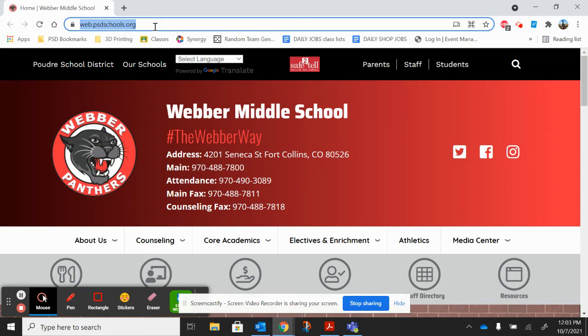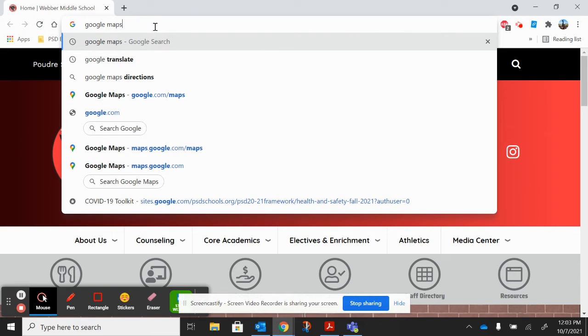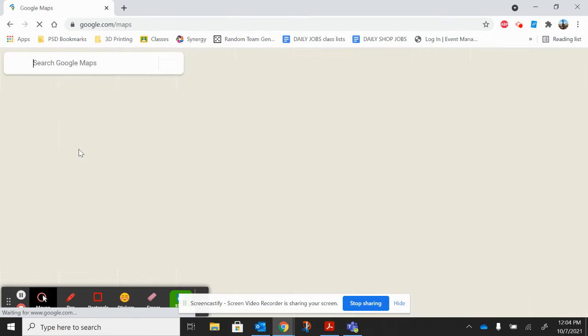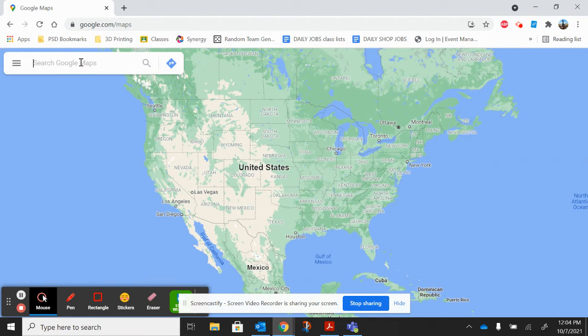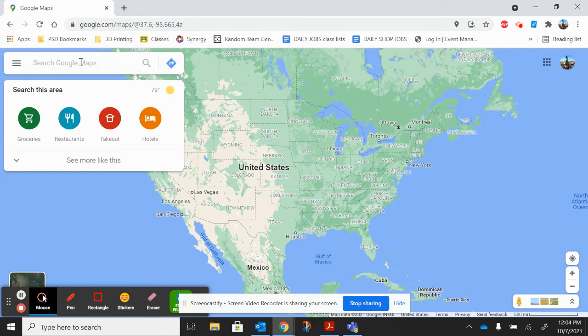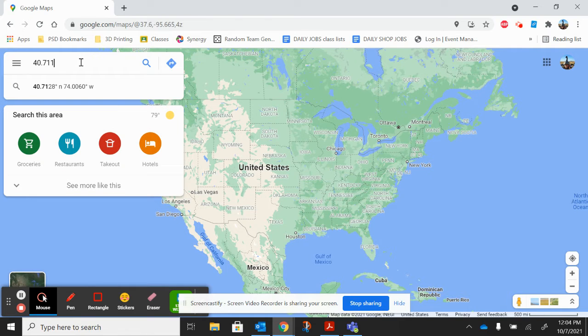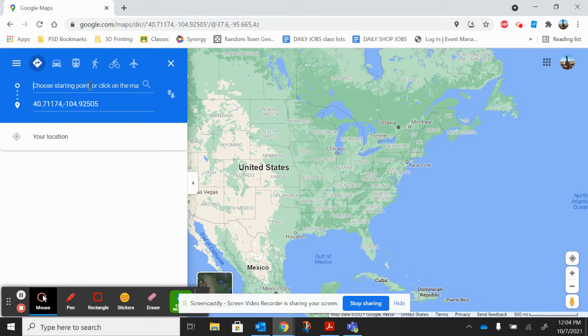But for those who don't know, I'm going to go in here and I'm just going to type in Google Maps. That will bring us to the Google Map application, which we will open. And up in Google Maps, we're going to enter our latitude and longitude, which is 40.71174, comma, minus 104.92505. And when we do that, you can simply click the directions, and that will take us from our starting